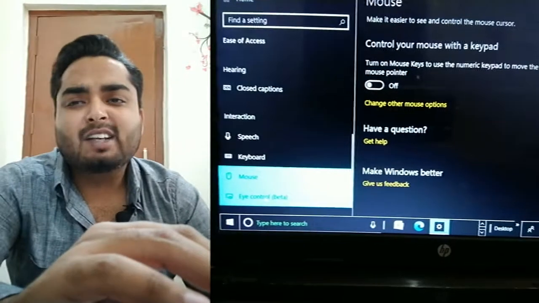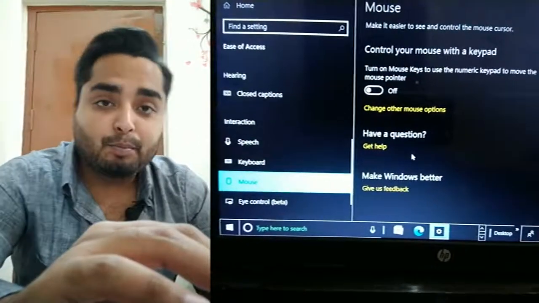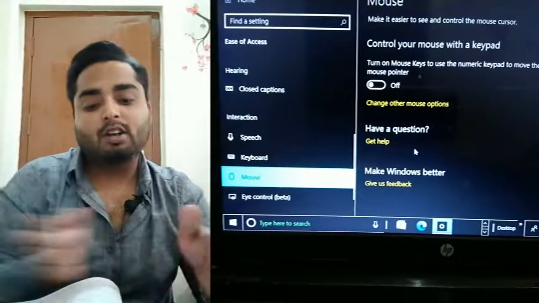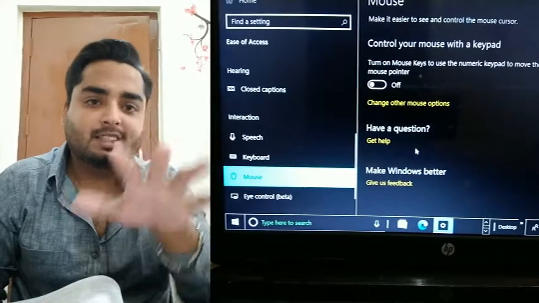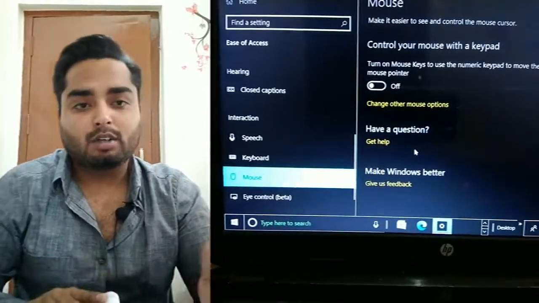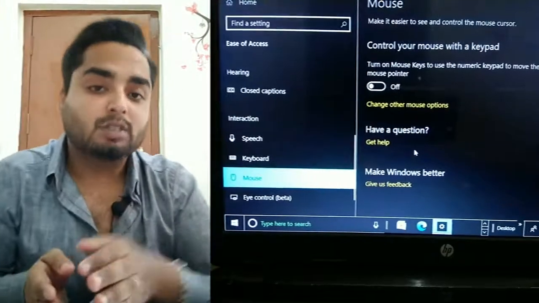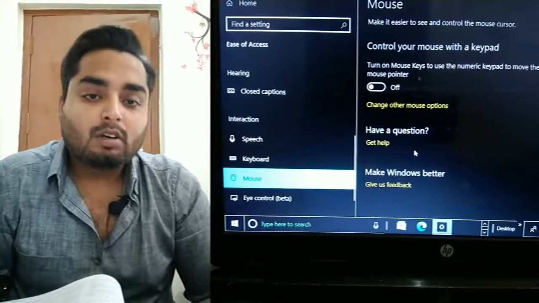Now, this is the Windows 10 version. You cannot see these same things in the book, where you can see some different options, because we are getting old books right now. They are not using Windows 10, but generally Windows 7.